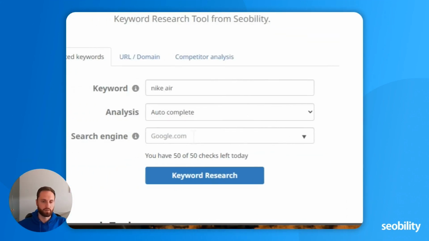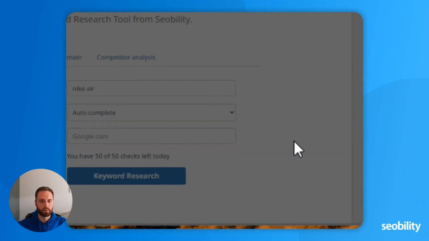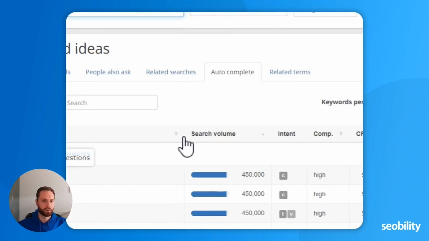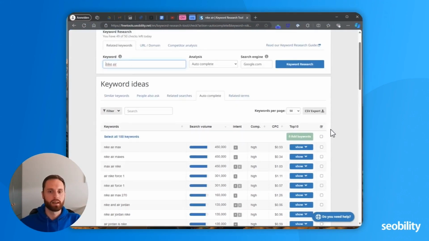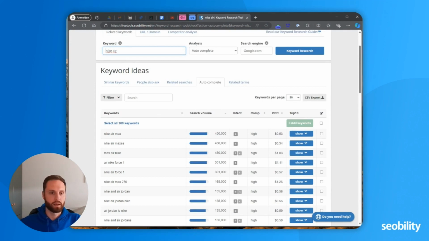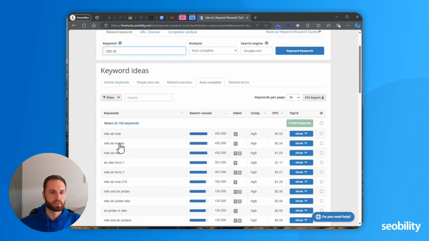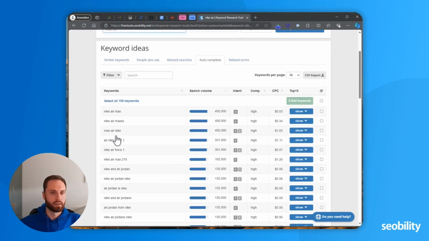And you could change the search engine. So if you're in a different country, pick a different search engine, and then you just enter the keyword search, and it's usually very fast, and you will get the results. And you can see here when people enter Nike Air, then Google suggests Nike Air Max, Air Nike Force One, Air Jordan from Nike, and so on.